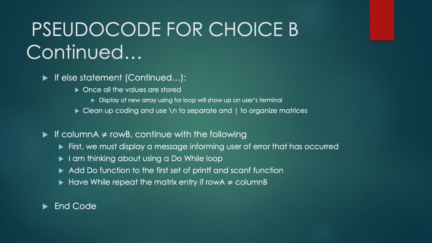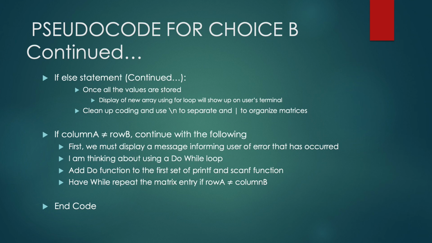If column A does not equal column B, we will use an else statement, and within the else statement, we will have to display a message to inform the user of the error. And I am thinking of using a do while loop, and we'll have the beginning first two printf and scanf functions inside the do while loop, and have the while loop repeat it if the entry of row A does not equal column B, and we will end the coding by returning 0, and that's it